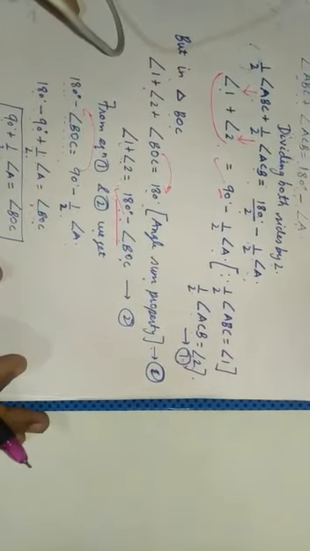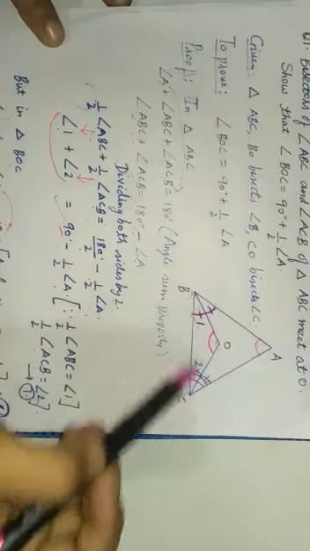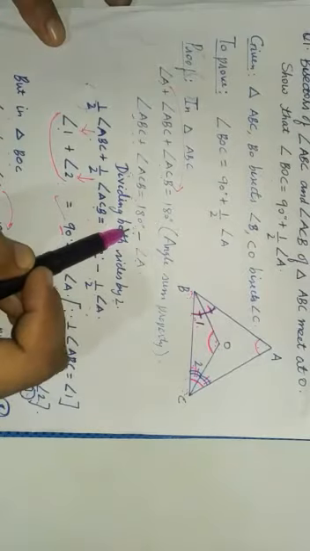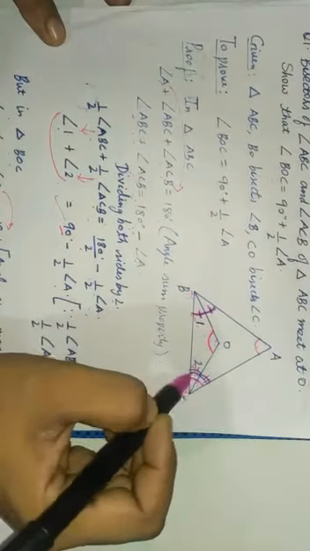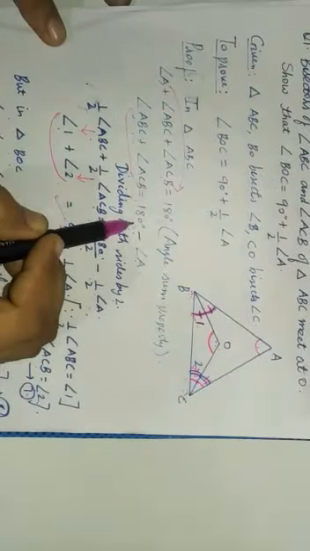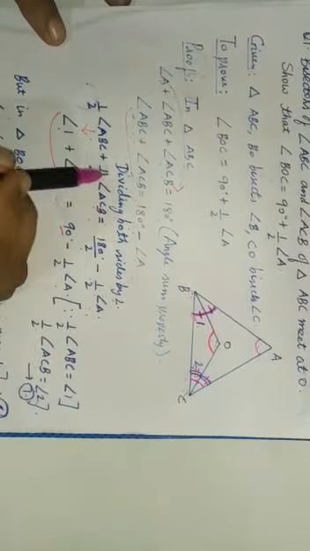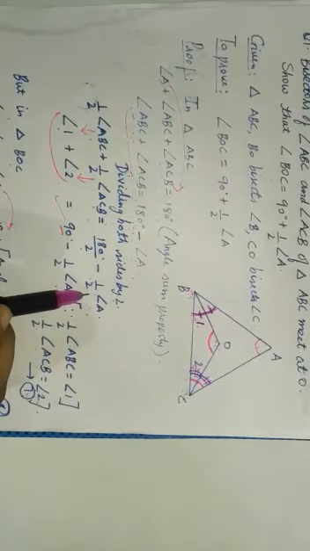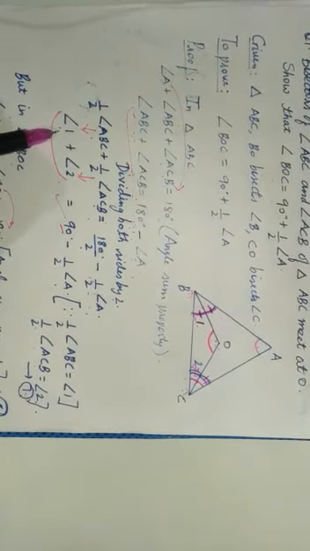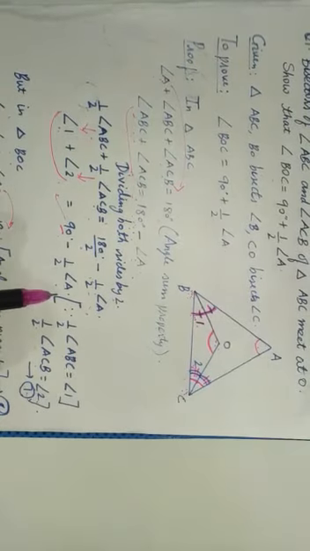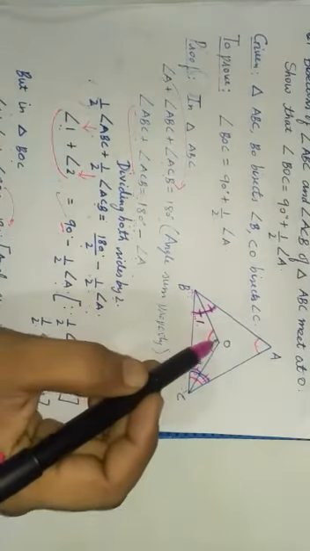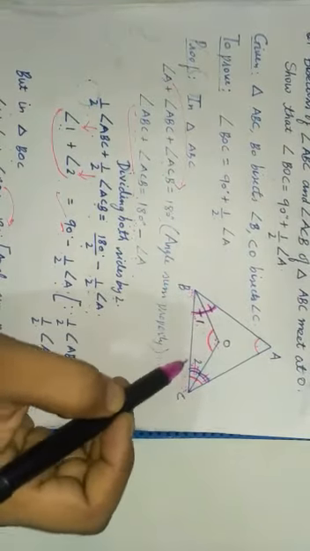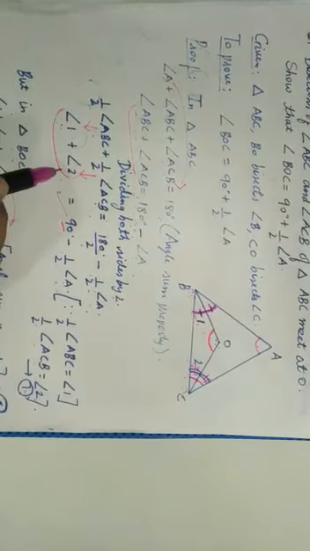I hope you understand. So again we will revise it. First you need to take triangle ABC. In this we are going to use the angle sum property. From this we are going to find the sum of these two angles, which will be equal to 180 minus angle A. Now we will divide this equation by 2. After dividing by 2, we will get angle 1 plus angle 2 equals 90 minus half of angle A. Now we are going to use triangle BOC. Use this triangle BOC and find the value of angle 1 plus 2 using the angle sum property, and then put these values in equation 1 and you will get the answer.